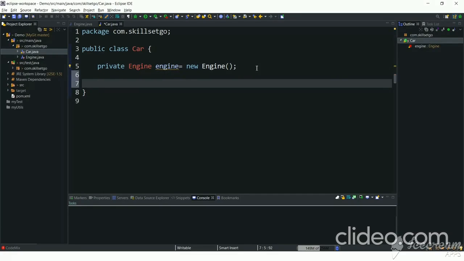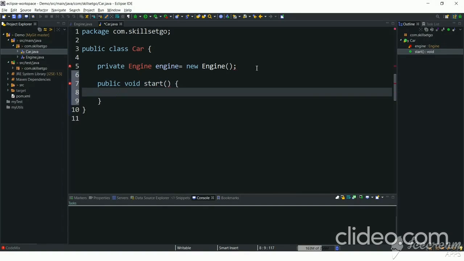And let's have a function here. Let's create a start function in engine as well.